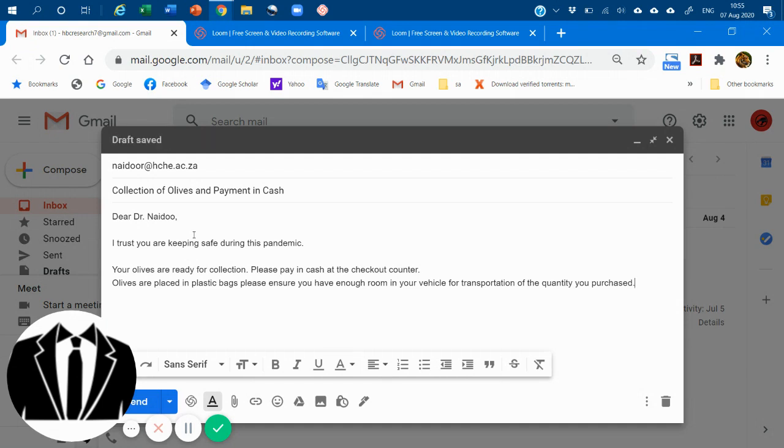Okay. That's just by the way, and should you not be able to pay in cash, EFT is also accepted. Details will be provided by the checkout